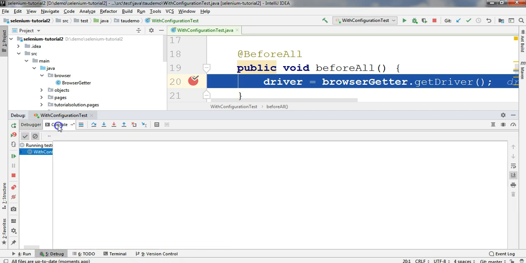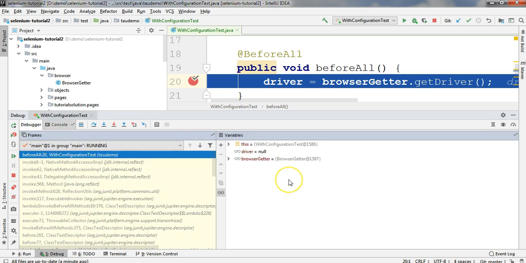You also have a console where you could see the output in case there is any output. For example, if you typed something with system out print line, or if, let's say, the browser opened and the startup process of the browser would have typed something to the console, this is the place where we could have seen this output. But for now, let's go back to the debugger, and here we can see that we